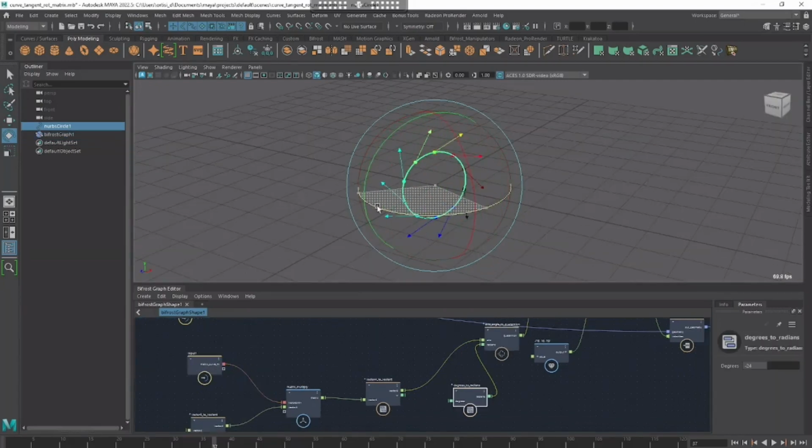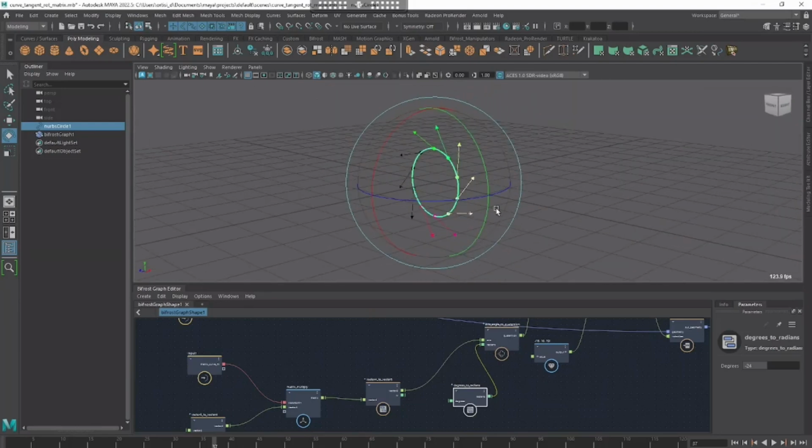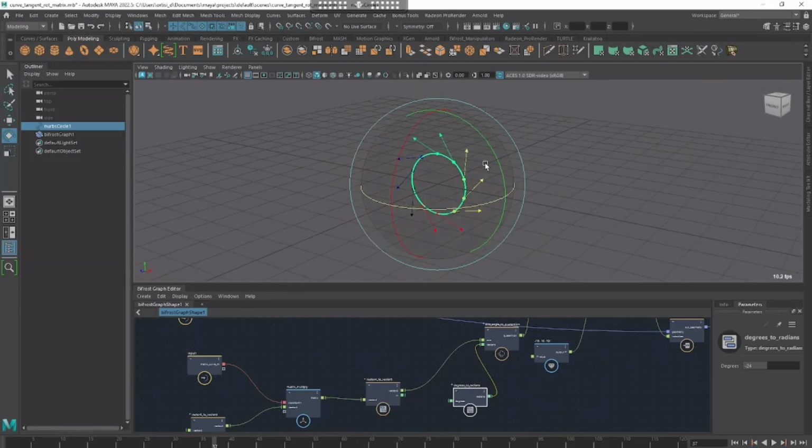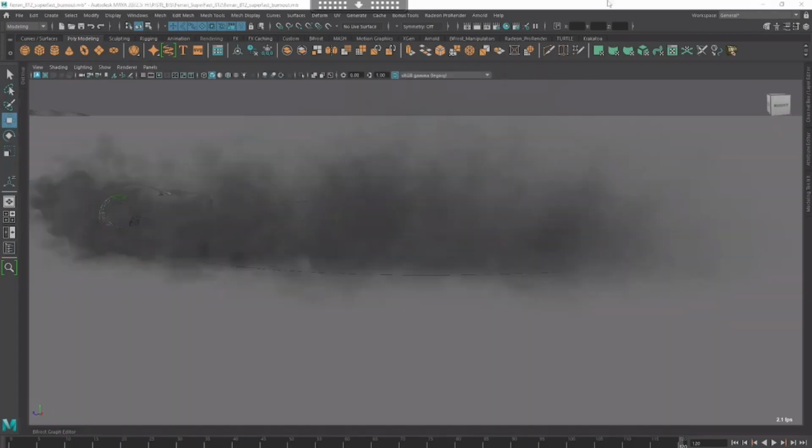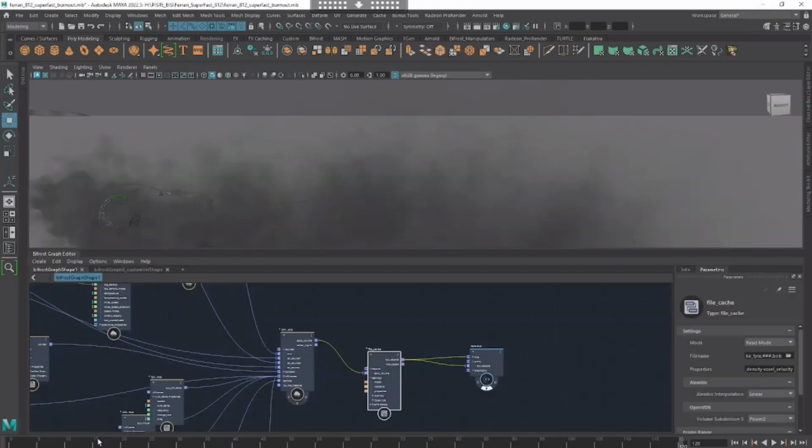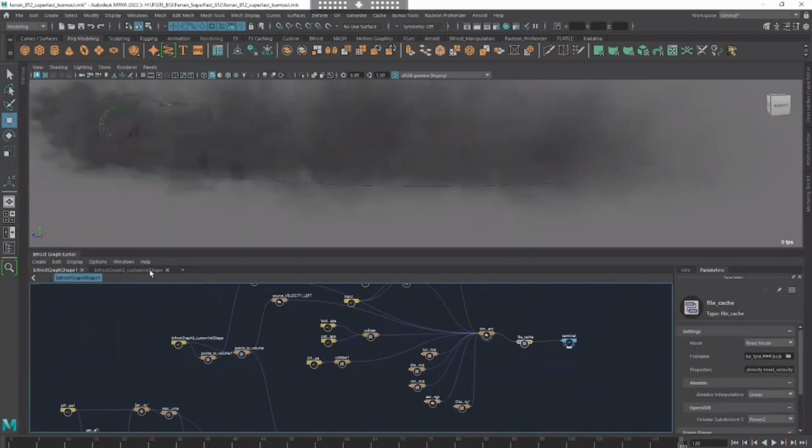So we can transform, we can do whatever we want to our curve. It follows every time the orientation, the tangent gets the orientation for whatever rotation we can do. Back to my original scene,